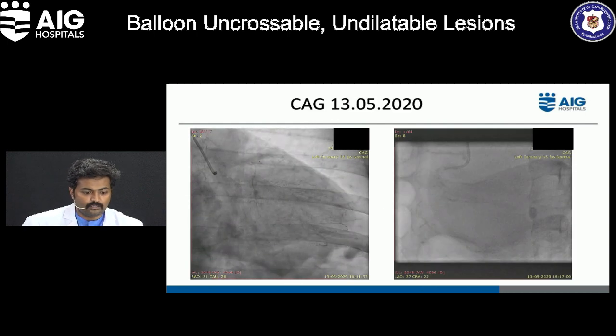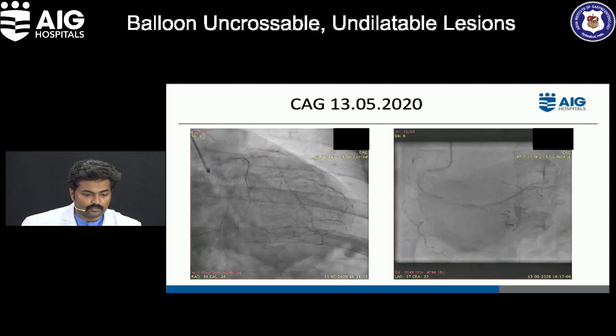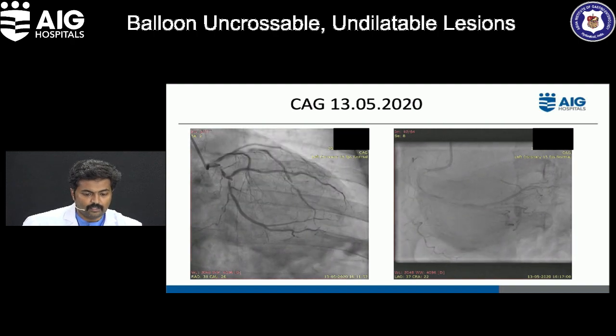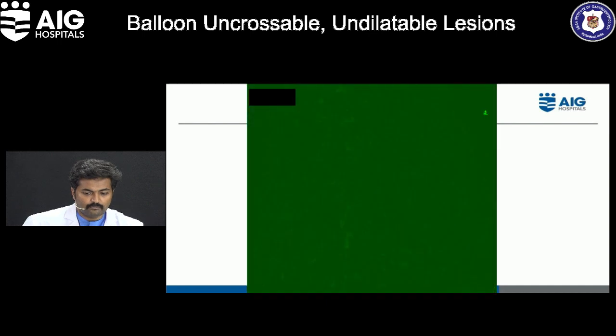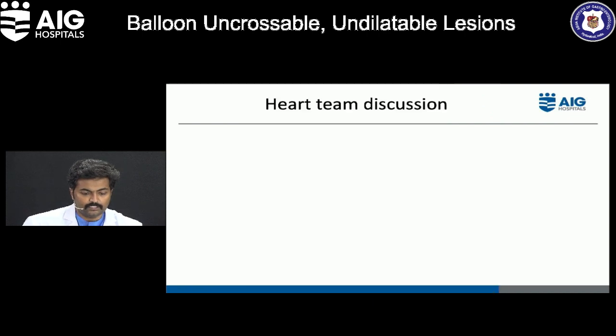This was his angiogram on presentation. Here you could see severely calcified coronary arteries, and the LCX is severely calcified with tortuosity and aneurysms on the way there, and all the three vessels are very calcified. So here the culprit was the LCX in view of the anterolateral ECG changes.